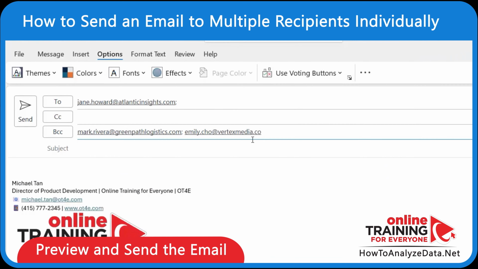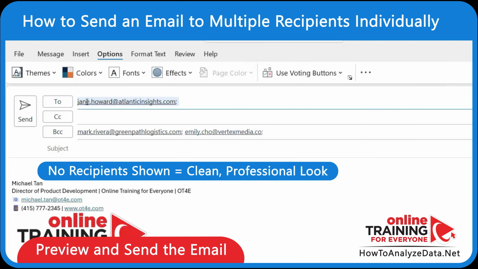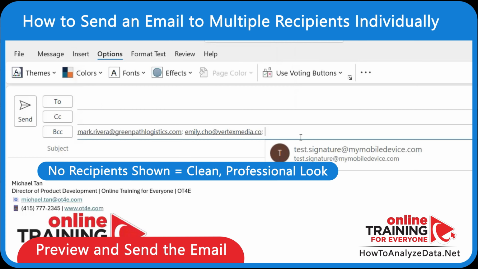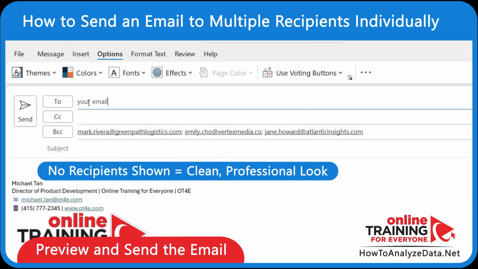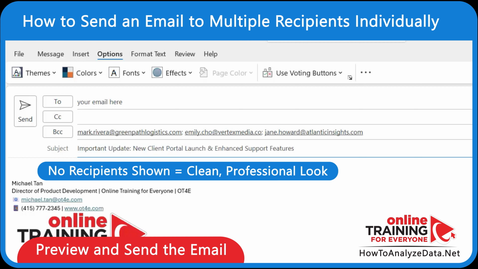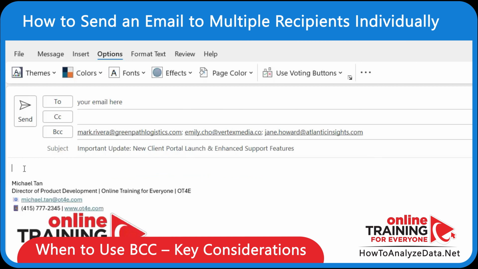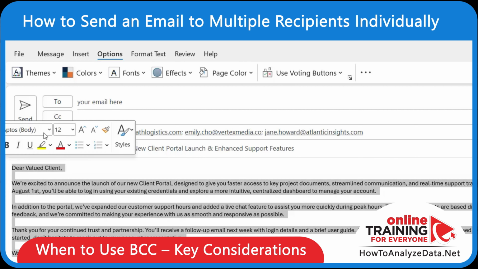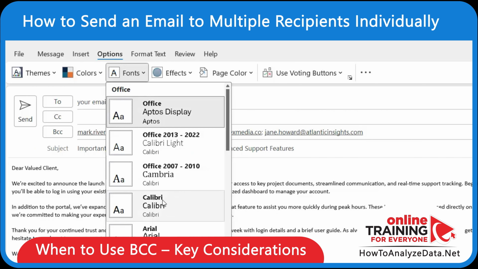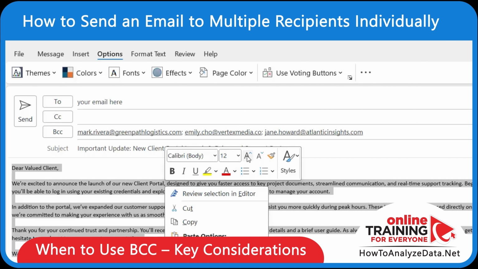Before sending, make sure to double-check your message and recipients. Once you send it, each person will receive an individual-looking email unaware of the others. This is especially useful for announcements, customer follow-ups, or sensitive messages. Using BCC helps maintain privacy and keeps your email looking personal, but overusing it, especially in internal communication, can reduce